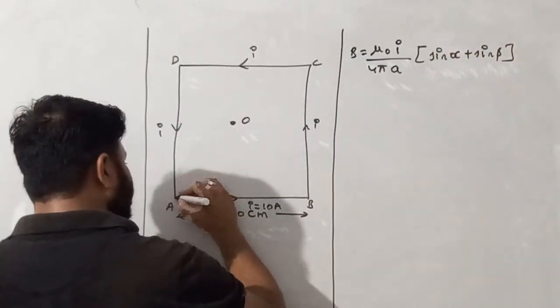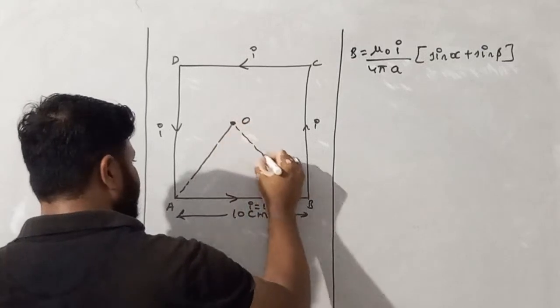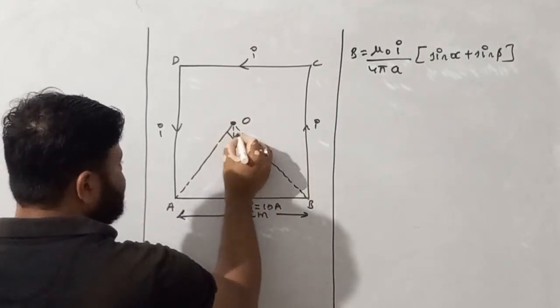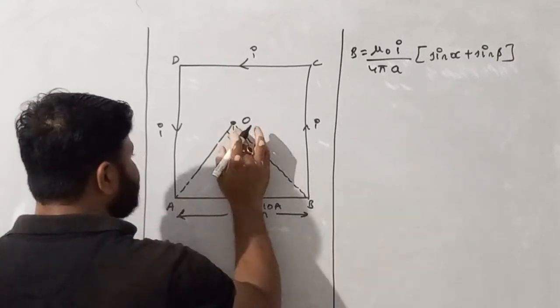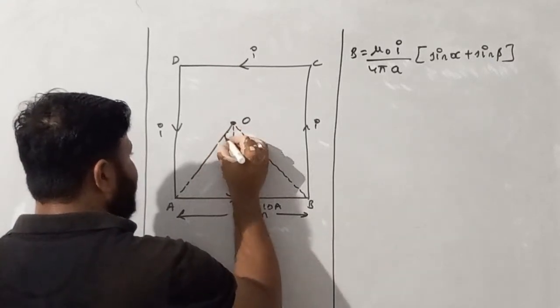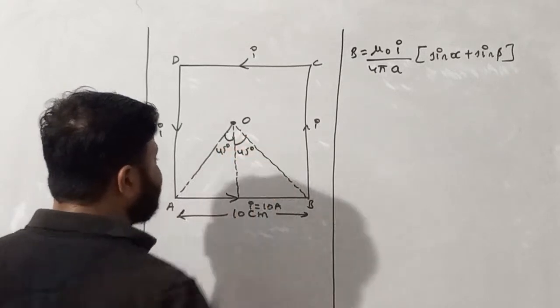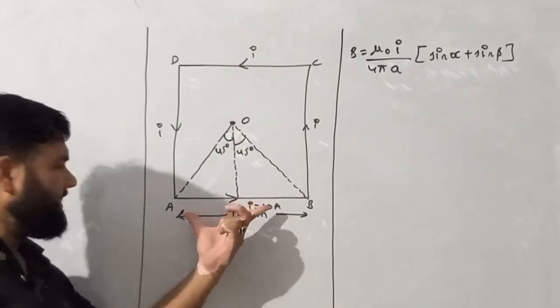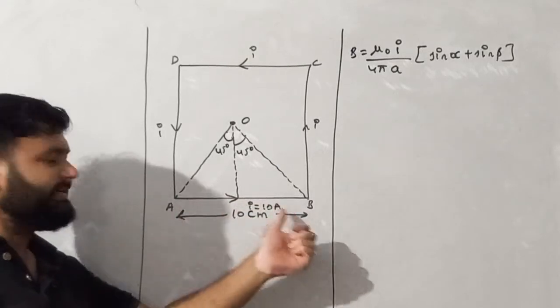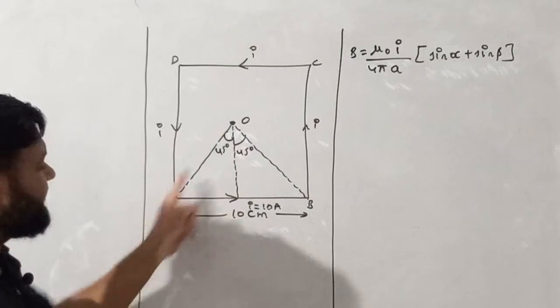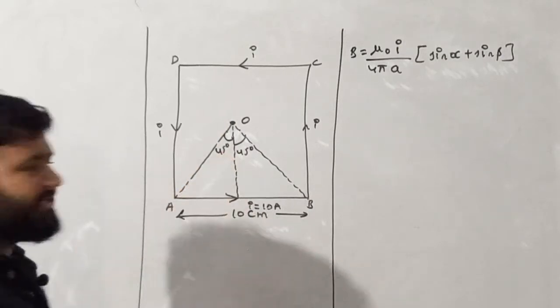So see my dear student, this is a square. If this is a square, then the total angle is 90. So if the total angle is 90, then this angle must be 45 degree and this angle is also 45 degree. So we have a wire whose length is identical, in which 10 ampere current is flowing, and at the point, both the ends are visible at an angle of 45.